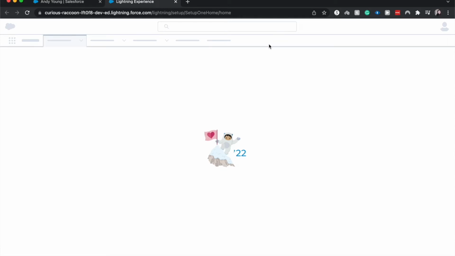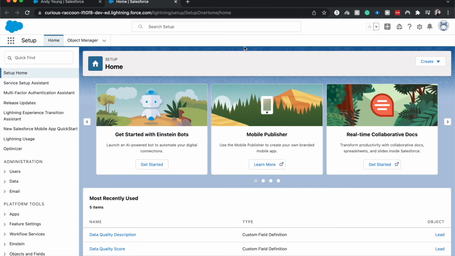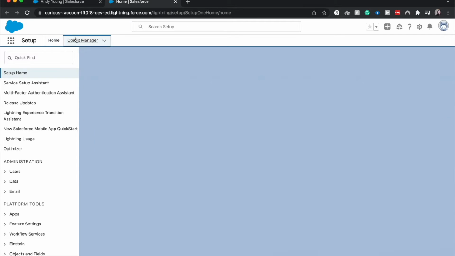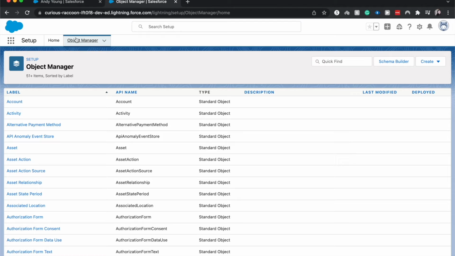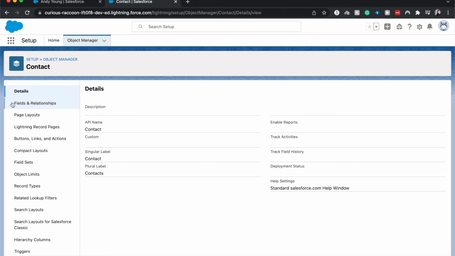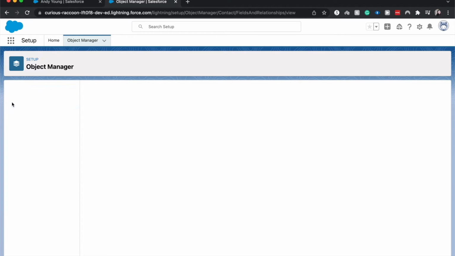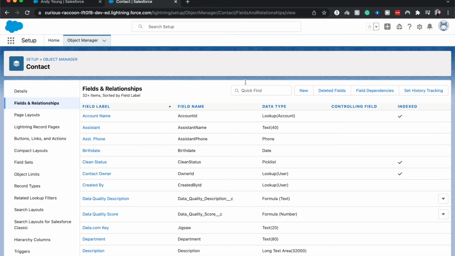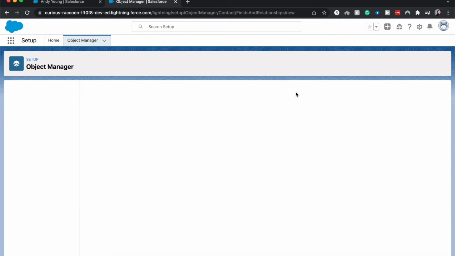I'm going to head to Setup and go to the Object Manager. From here, I'm going to search for contacts. Just makes it a little easier so then you don't have to scroll, and go to Fields and Relationships. From here, I'm going to go New,